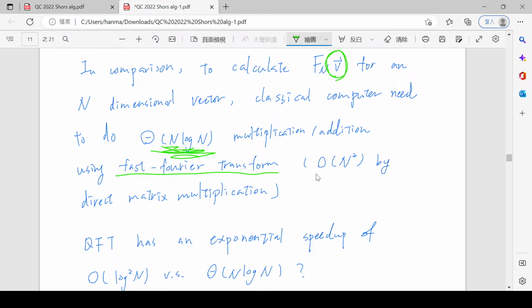And also, if you just do this in a very naive way, if the Fourier transform is an N by N matrix and you multiply the N by N matrix with an N-dimensional vector, then you need to do order N squared operations, because each component is an N-dimensional inner product, and there are N components. So you need order N squared if you are really naive, but